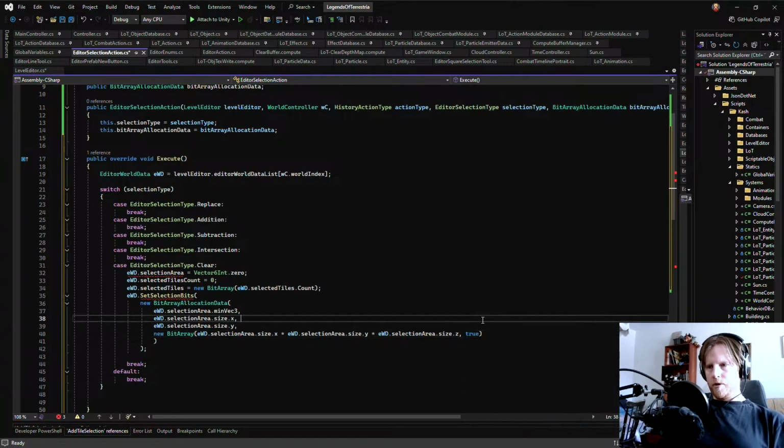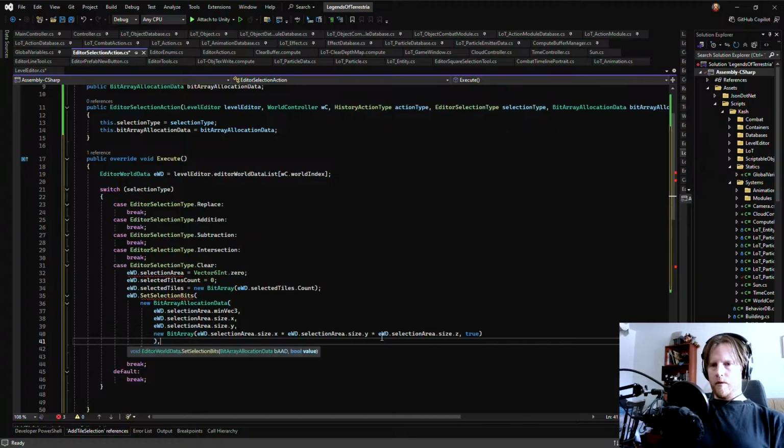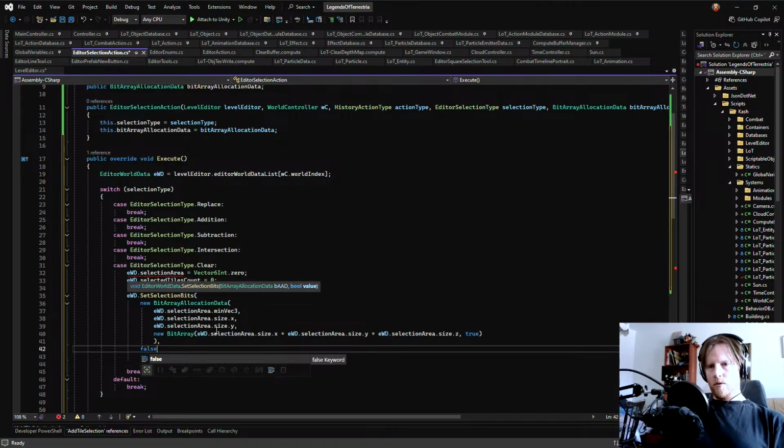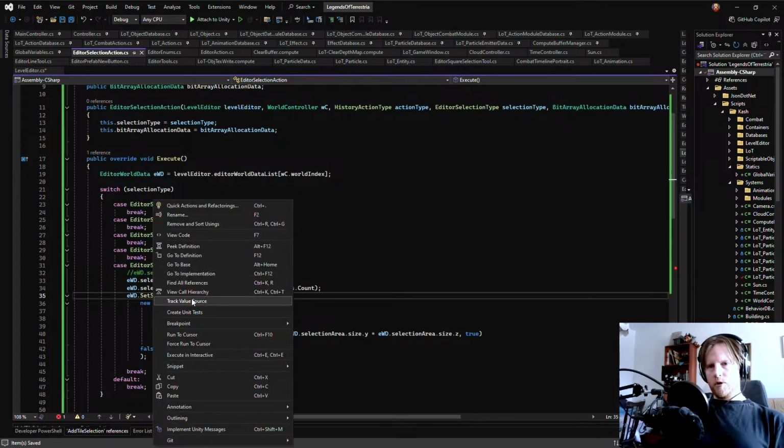Very nice. You can default the bitrate to full true. That's perfect. And then we can set this to false. Alright. Set selection bits.